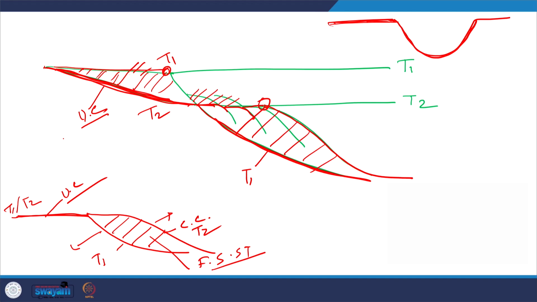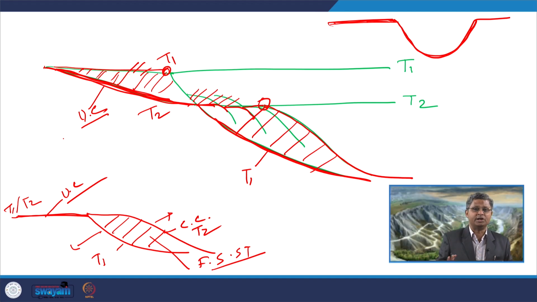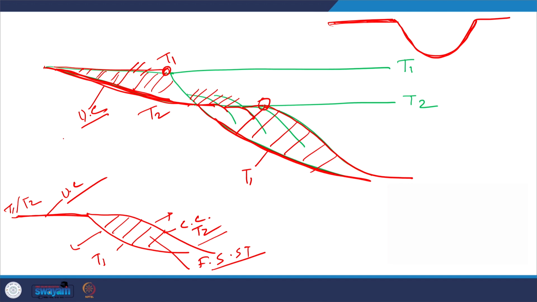Where it is correlative? In terms of the end of the forced regression. The unconformity surface is also marking the end of the forced regression, and correlative conformity is also marking the end of the forced regression, end of fall phase. So, at that point these two are correlative, but if I want to match or compare with respect to the processes which are involved, they are not correlative to each other.